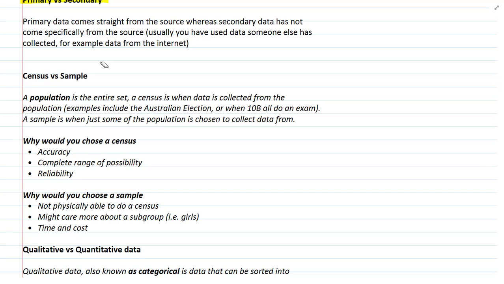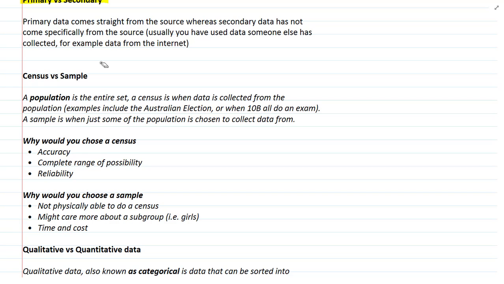So in terms of population, a census is a collection of data that involves the entire population, not just part of the population. So if we take a census, we are asking or collecting data from everyone or everything. A sample, on the other hand, is when you collect data from just part of the population, not the whole lot. Now, I've written here some notes about why you would choose a census and why you would choose a